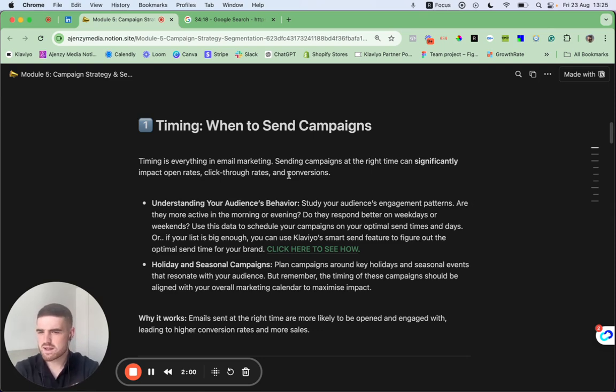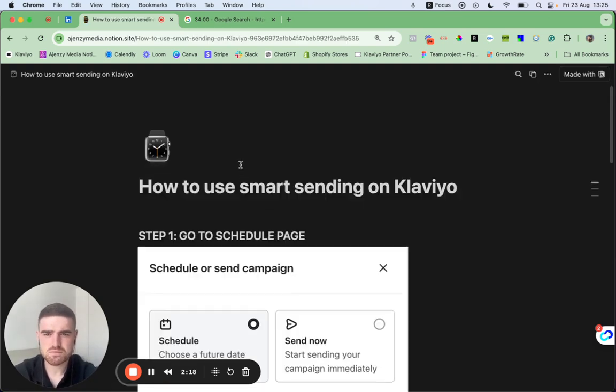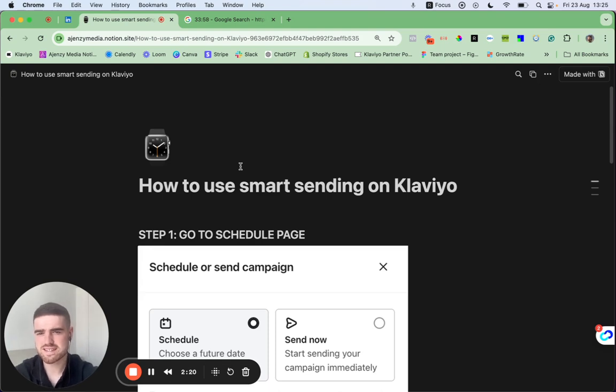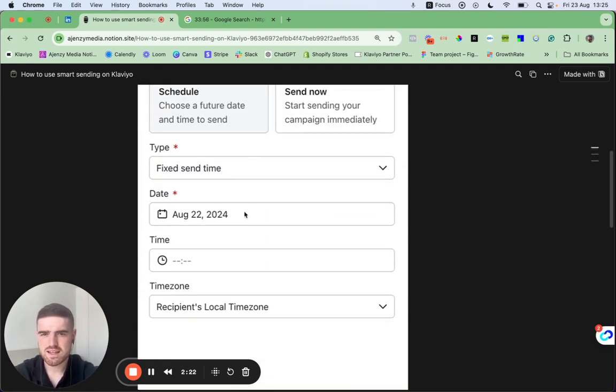So Klaviyo has a Smart Send feature, which you can actually check out now. We'll go into that in a second, whereby you can actually find what the optimal send time is. Now, there is a caveat to this. The list has to be a certain size. I believe it is 10,000 contacts at the time of this recording, at least. But the way you can do this is we'll just click in here. And what you have to do is once you get to the schedule page, you're going to click and see